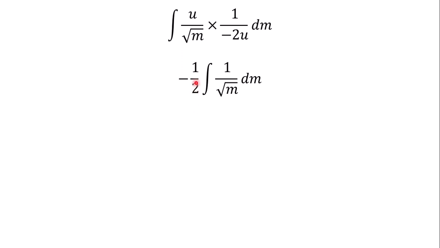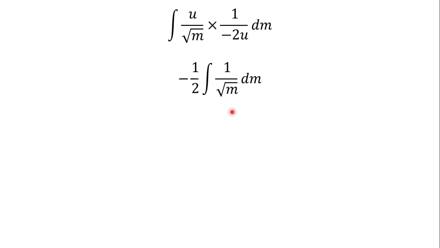After bringing this one here, this is what we have gotten, 1 over square root of m. Now, applying the negative index law of indices, this 1 over square root of m can be written as,